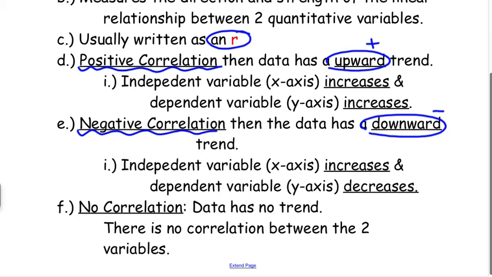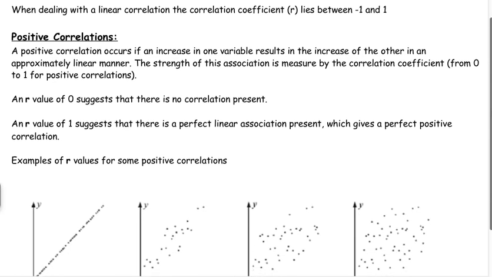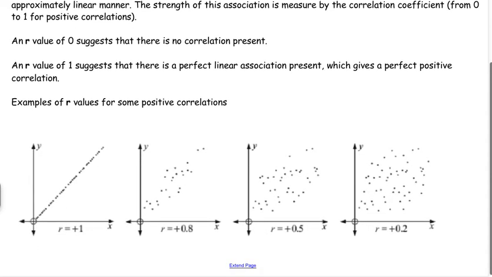And the last is no correlation. The data doesn't have a trend. There isn't a relationship between the two. All right, so we talked about the correlation, positive and negative. Here are some examples of some correlations